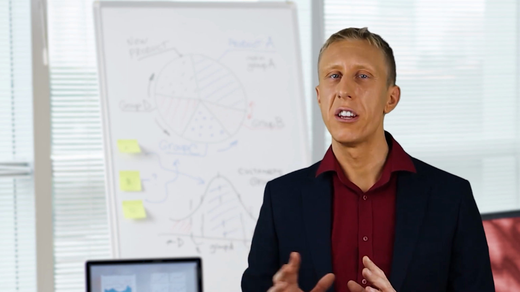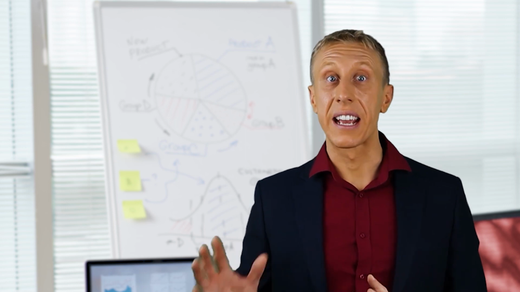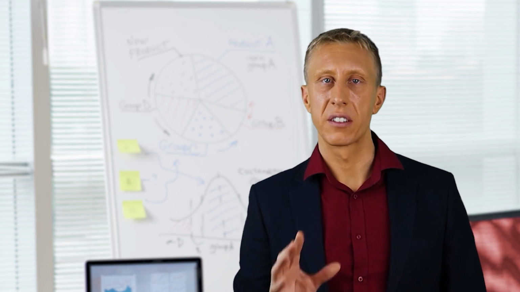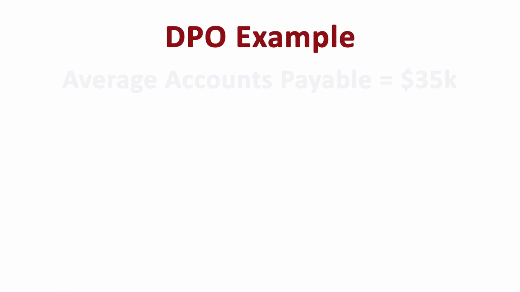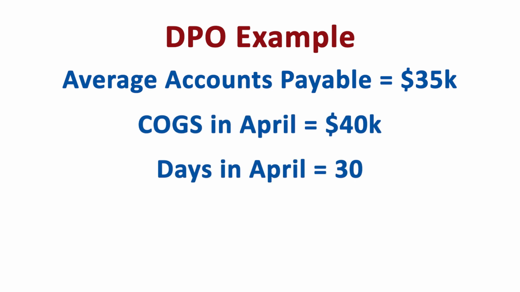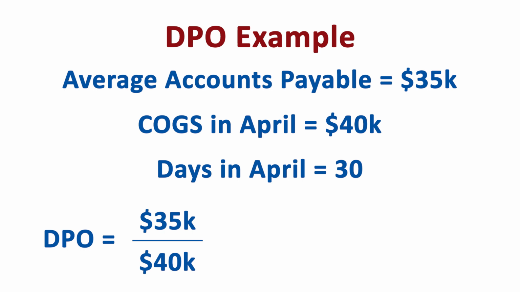A toy manufacturer looks at its accounts payable over the month of April and works out that, on average, over the month, its accounts payable was $35,000, and the cost of goods sold in April was $40,000. This means that the manufacturer has a days payable outstanding of $35,000 divided by $40,000 multiplied by 30 days in the month of April, which gives a DPO of